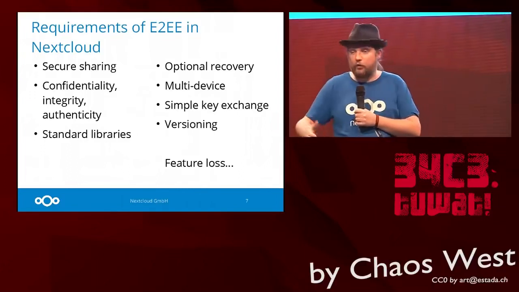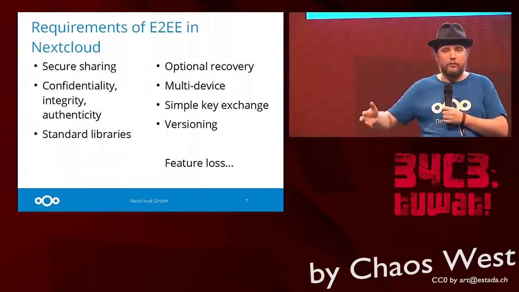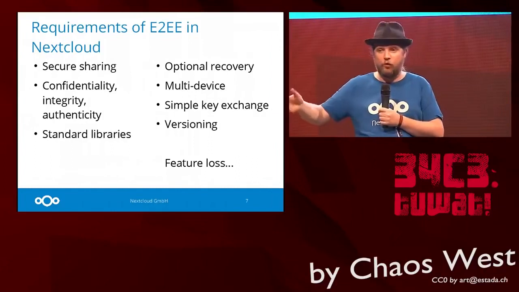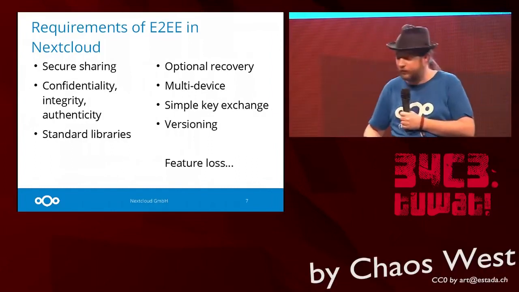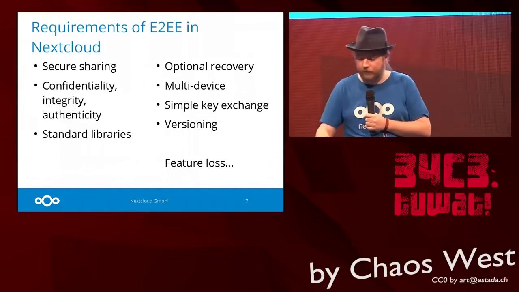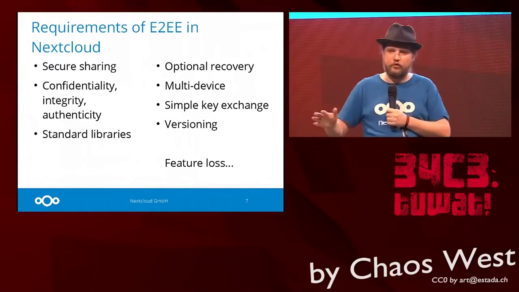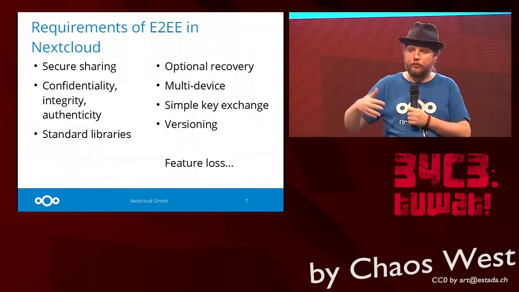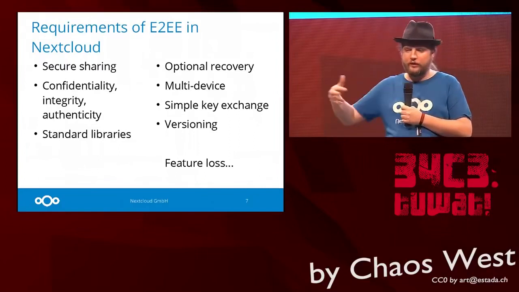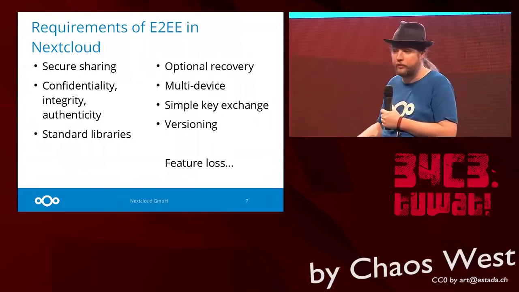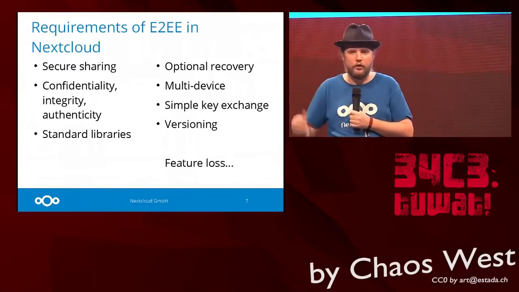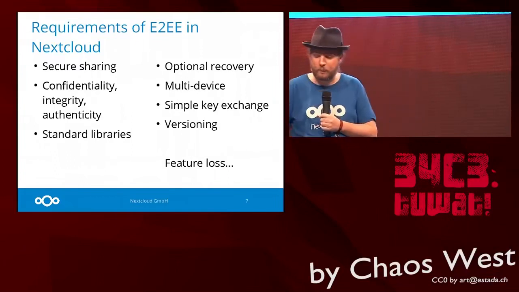Well, obviously it needs to be multi-device, so you need to be able to get your files from your desktop to your laptop and to your mobile phone without the server getting access to it. And we wanted to have versioning built in so that if we develop a new version of the protocol, it doesn't break the old one, so that if we have changes, improvements, we can actually do that. Like new encryption algorithms, things like that.